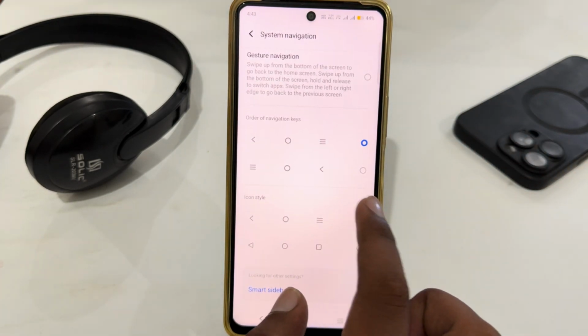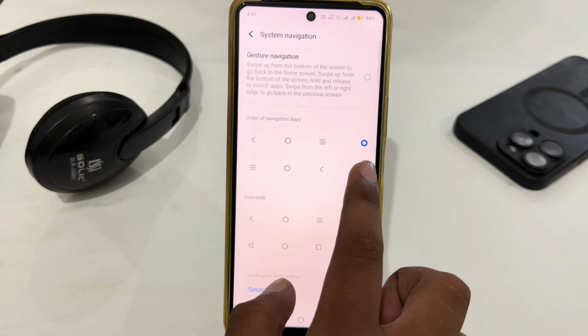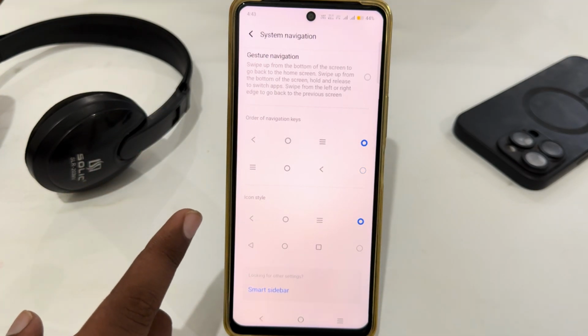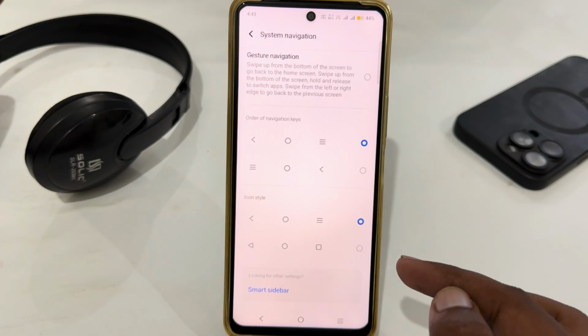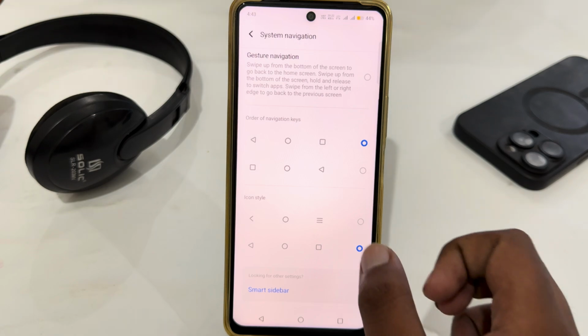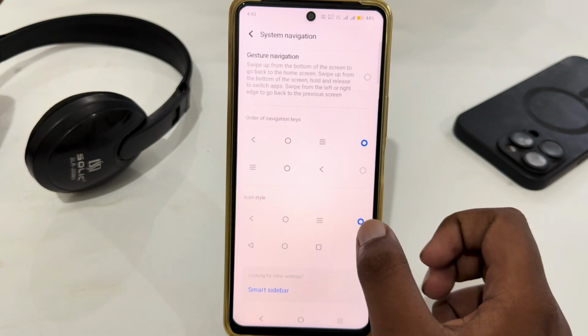Here you can easily customize the order of these buttons. You can easily change the order of the buttons by this one, but if you want to change the shape of the button, you just have to use this section. Here you can easily change the shape of the buttons,